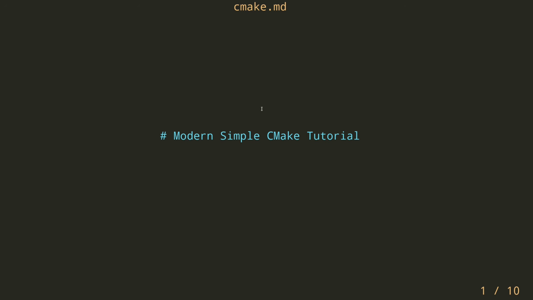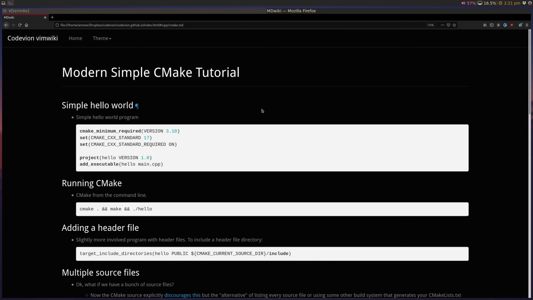Hey guys, this is going to be a simple tutorial on Modern CMake, and I might break this up into multiple parts depending on how complex this gets. But I want to keep the first video at least simple and easy to follow. So you can follow along, and all of the information I present here will be available on